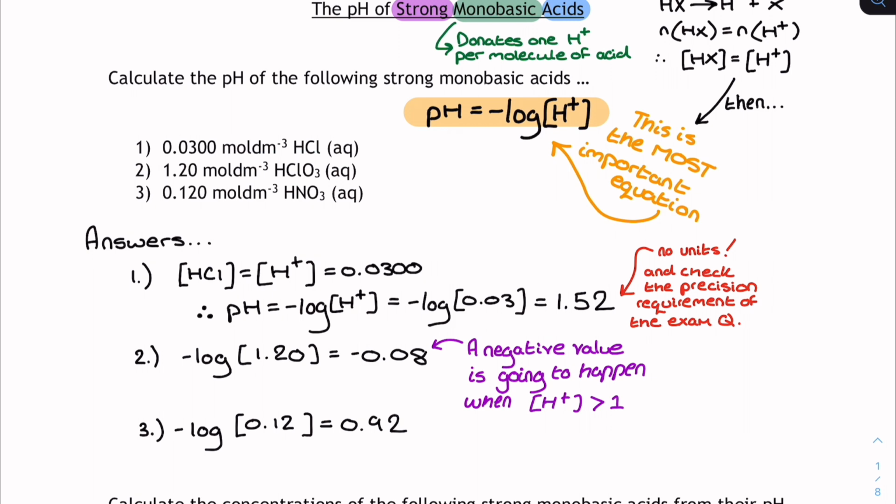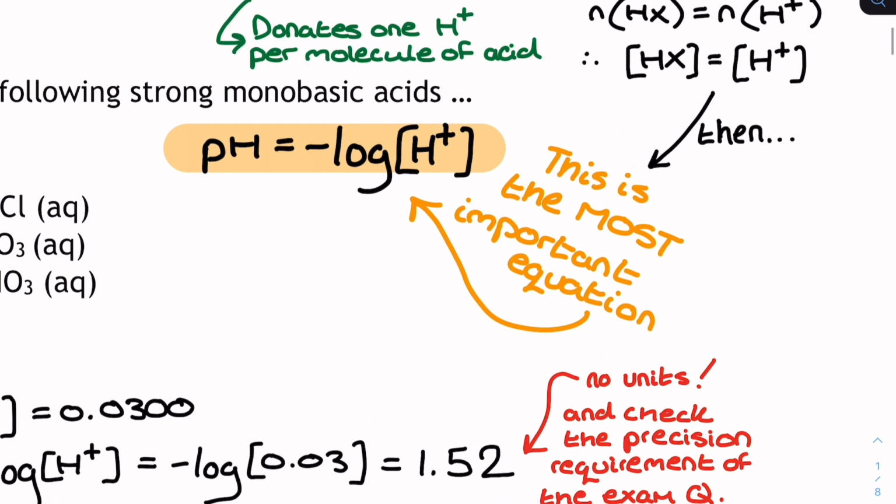For the third question, you can see we've got a fairly straightforward one there. Minus log of 0.12, just using the number for the HNO3, the nitric acid, in question 3, and I get a pH of 0.92. Now, I did mention at the start of this that this is probably the most important